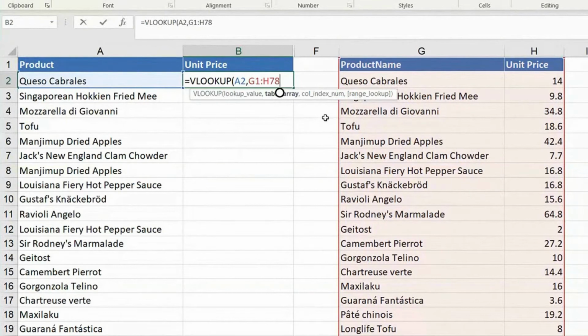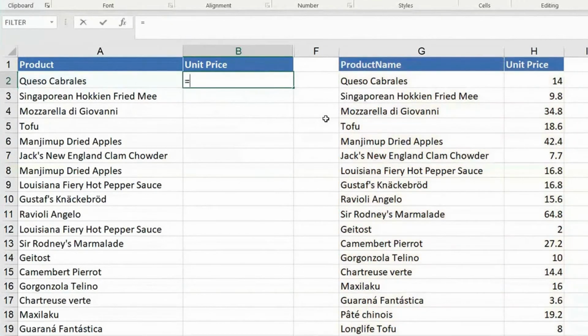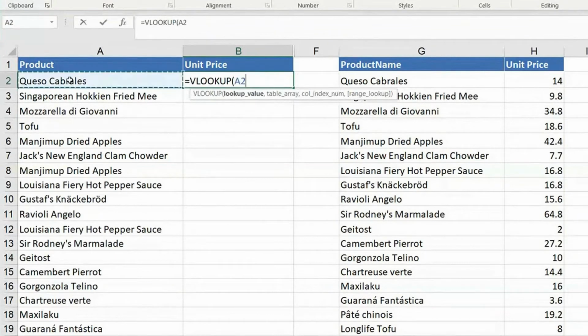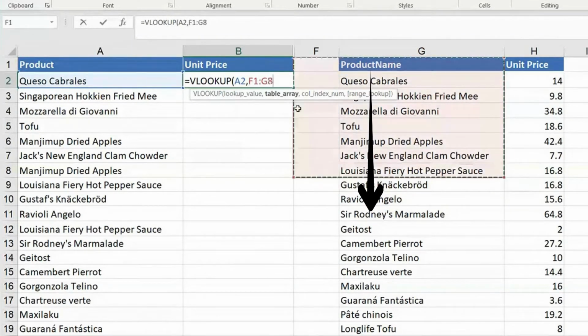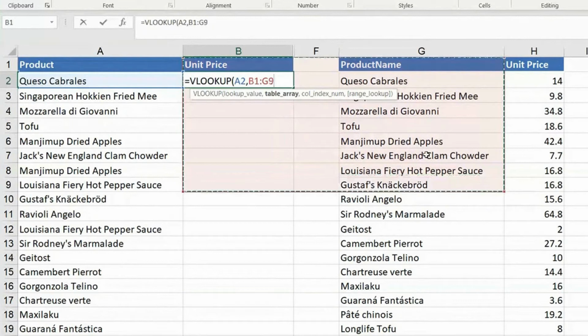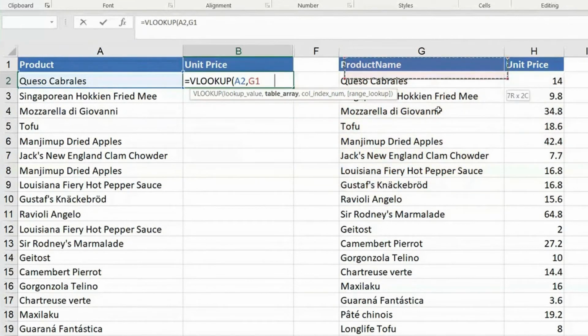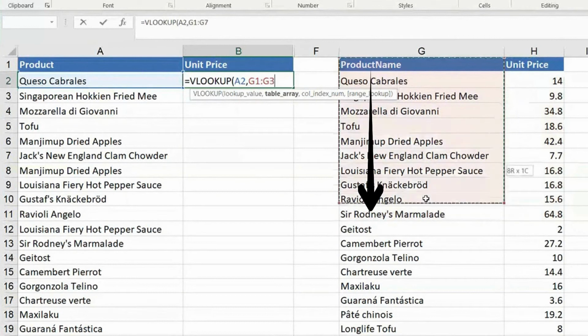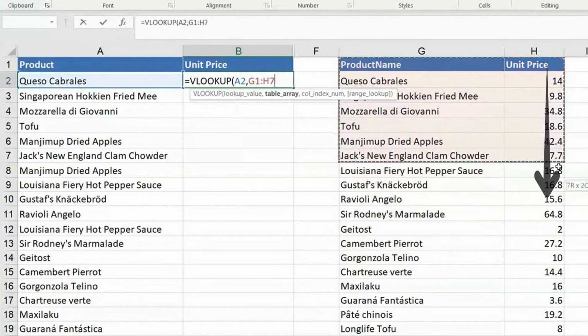First of all, for the guys who are learning VLOOKUP, please remember one thing which I did. VLOOKUP, I looked up this value, comma, my table array. My table array is this entire range. When you take a range, a few things you have to take care of. New learners, novice users of VLOOKUP, look at this. Your start should be from the place where you have to search. You should not start like this. You should start only from this. Why? Because this is where your searching data is.